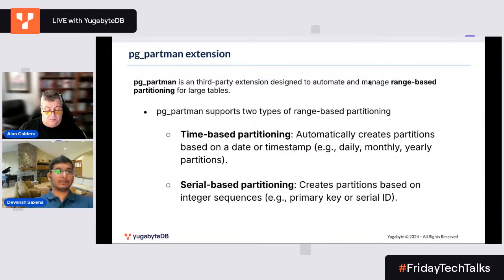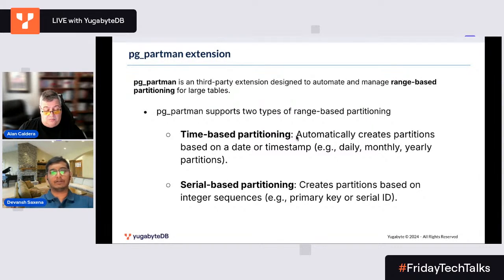So it is particularly support for range-based partitioning. Apart from range-based partitioning, we can also partition the table on list basis, where we provide a list of values of the partition column when creating a child partition, or it could also be hash-based partitioning, where the child partitions store data rows corresponding to the hash value of a particular column. But PG Partman provides functionality for the range-based partition tables only, and in the range-based partitions also, it supports two